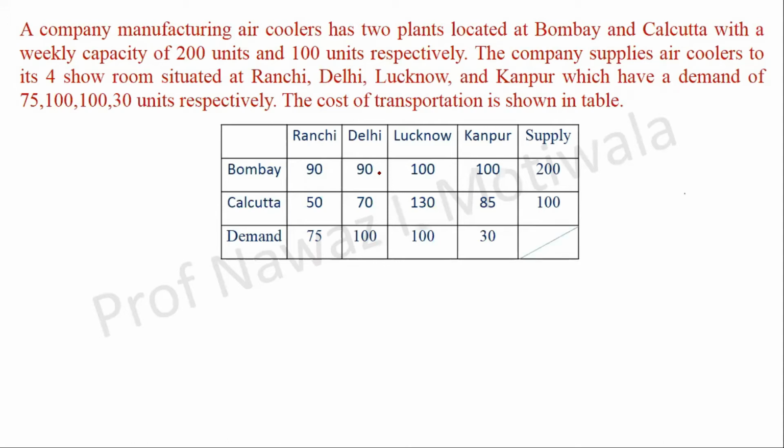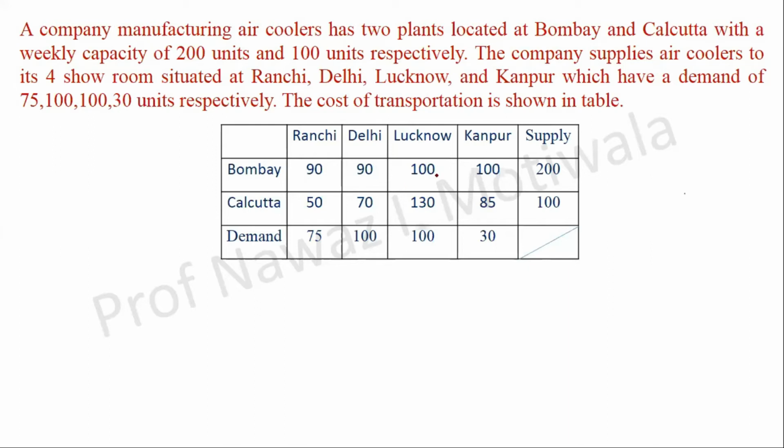Okay, it is not given what we have to find out, so that sentence is missing. The sentence which is there in the question is, find the optimum transportation cost for the following data. That's the question. So what is the first step? The first step in any transportation problem is to check whether the supply and demand are equal.